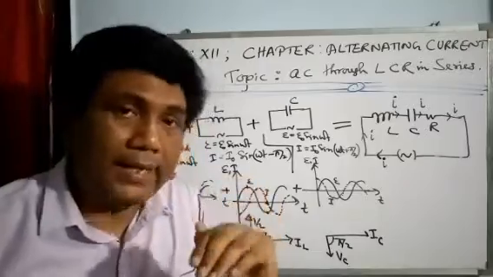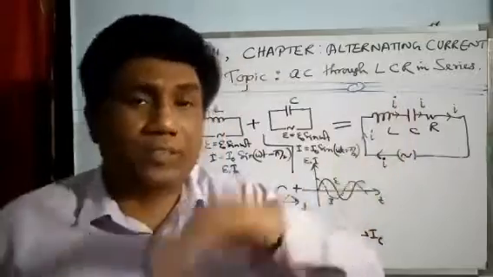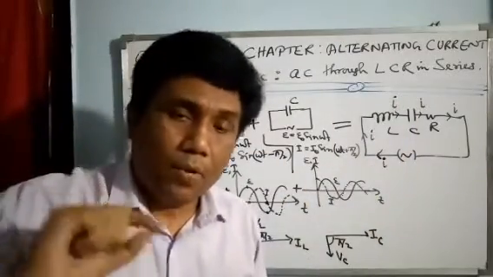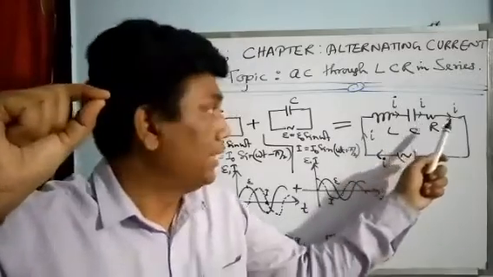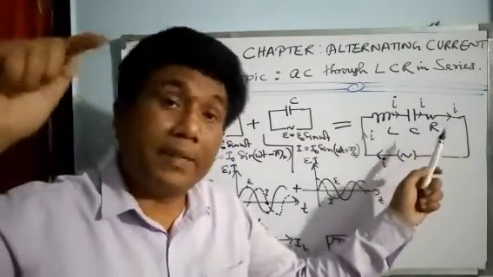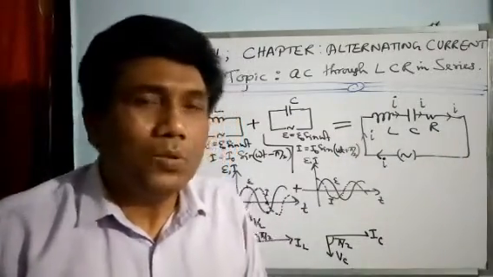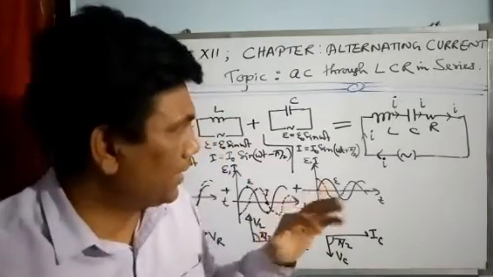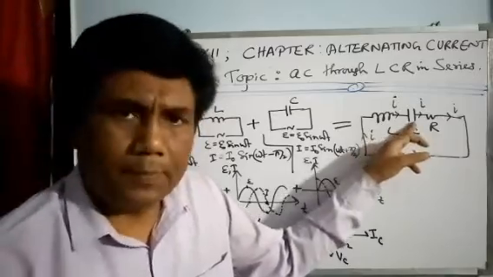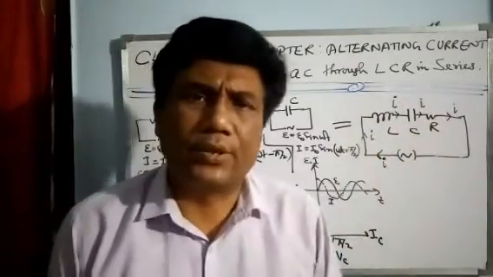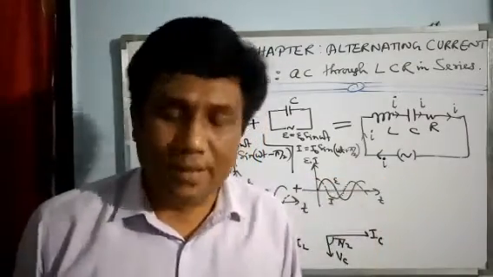Remember, the current is oscillating, na? It is increasing as well as decreasing. When the current is maximum in one element, the others also get the same maximum current. Are you getting my point? Because they are in series. So what it says is that the current through the inductor, the current through the capacitor and the current through the resistor are in the same phase. It means they are oscillating in the same rhythm.